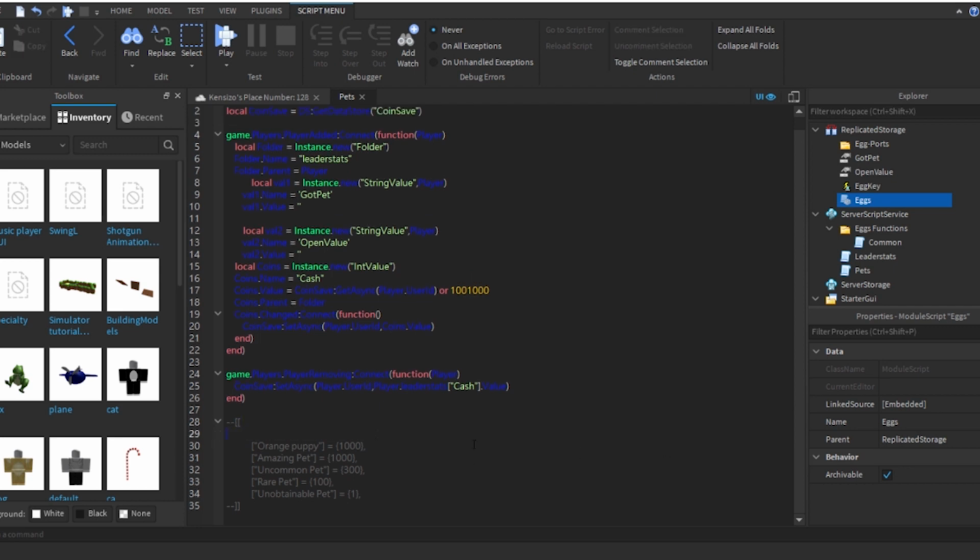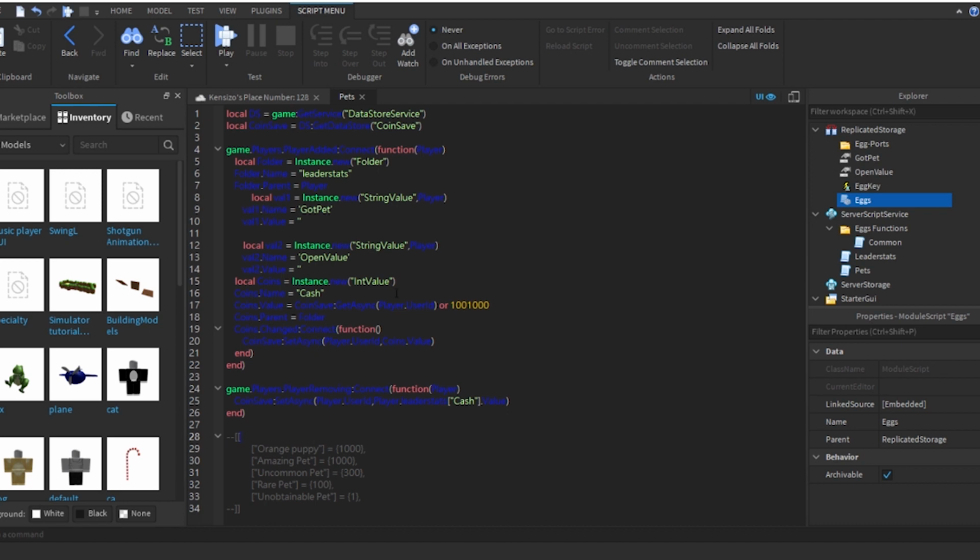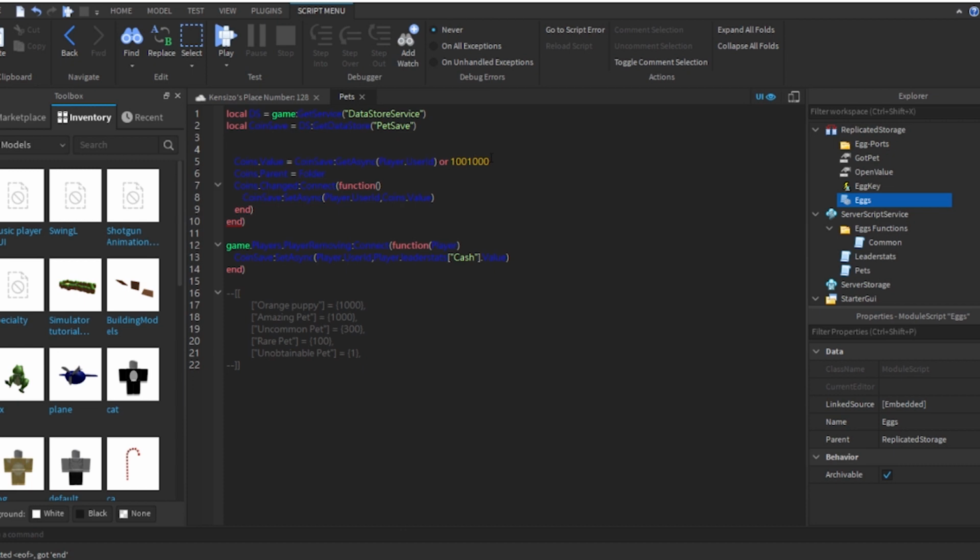And we have all those. So now what we're going to be doing is something else. We're going to be renaming this data store to pet save. We're going to be deleting leader stats, .pet, and all of this good stuff. Okay? And we're going to keep coins save right here and there. All right? Or instead of that, we're going to do or